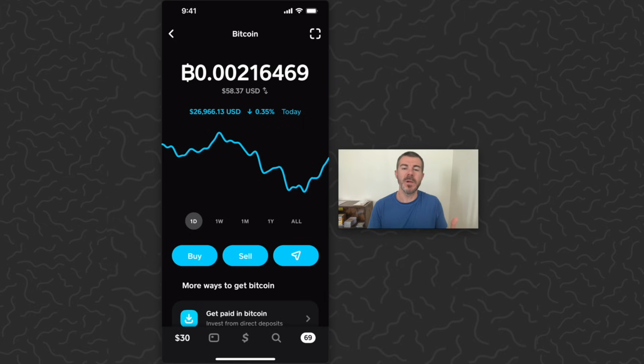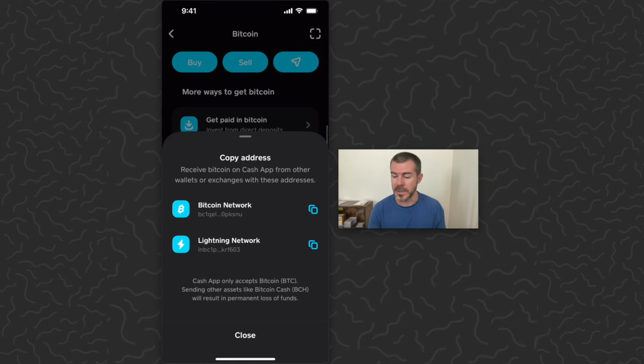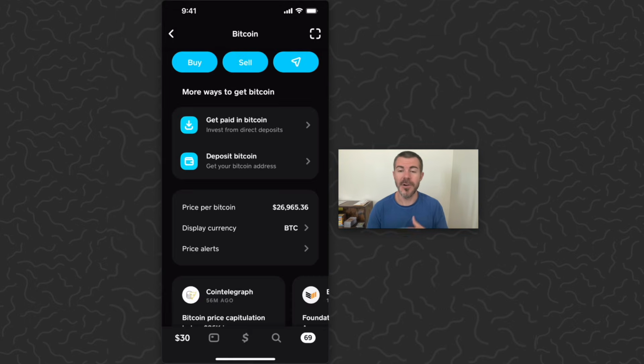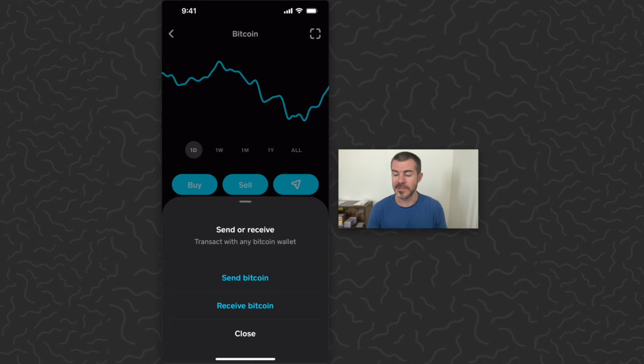So each Bitcoin wallet will have an address. If we scroll down here to deposit Bitcoin, you can see that you could copy your address for this wallet here. So I've already gone ahead and copied the address for the wallet that I want to send to. So now I just need to scroll up, tap this send arrow on the right side of the screen, and